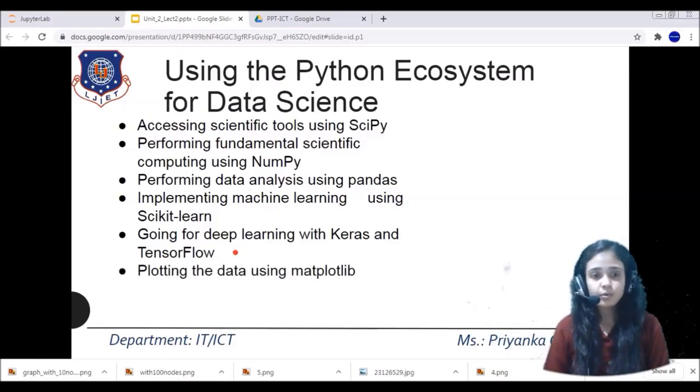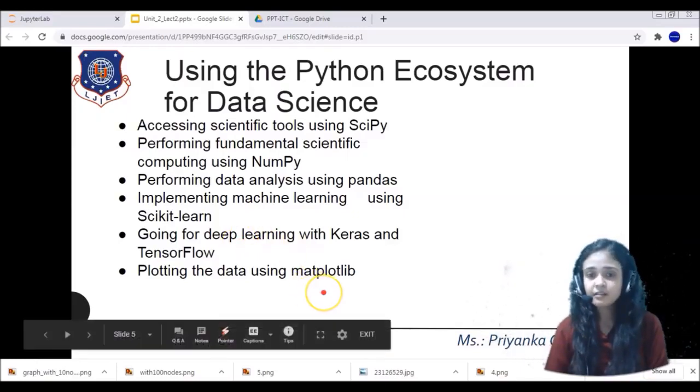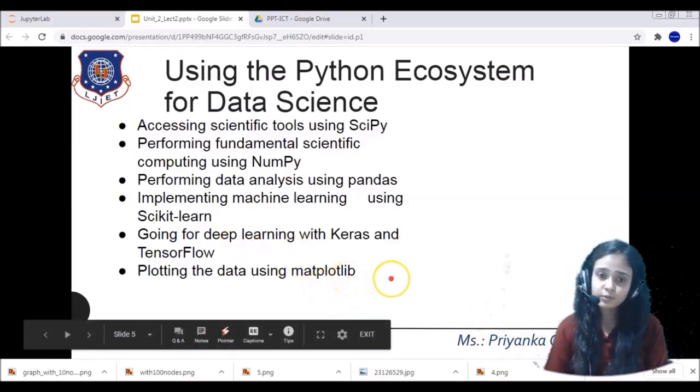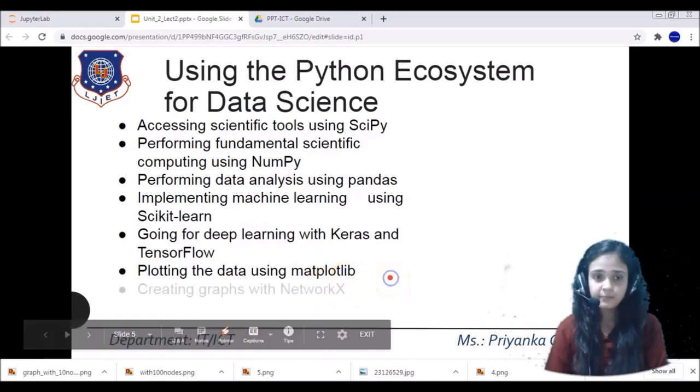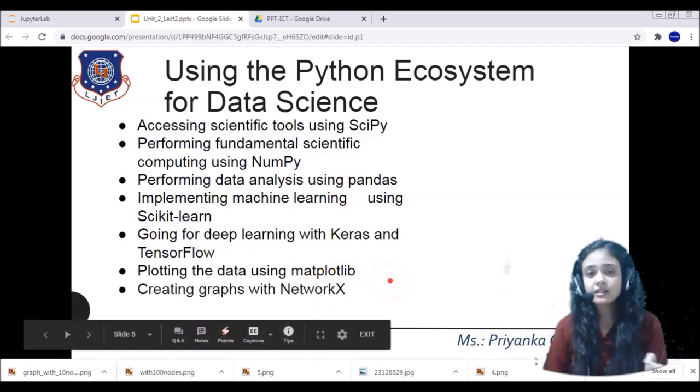Then comes plotting the data using the Matplotlib library. The Matplotlib library supports 2D graphs, so whatever graph you plot using this library will be 2-dimensional. Then comes creating graphs with NetworkX.